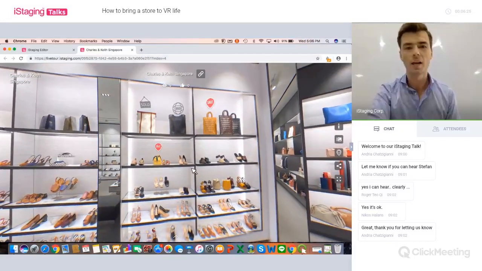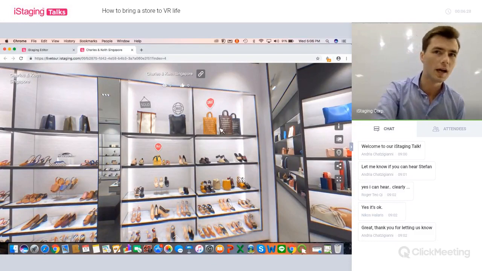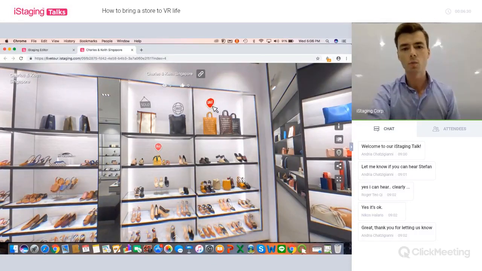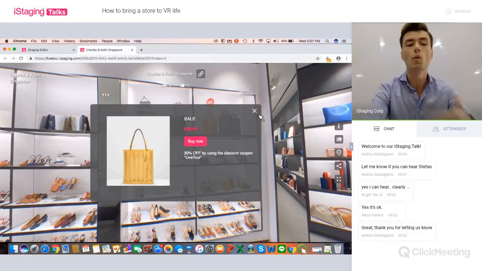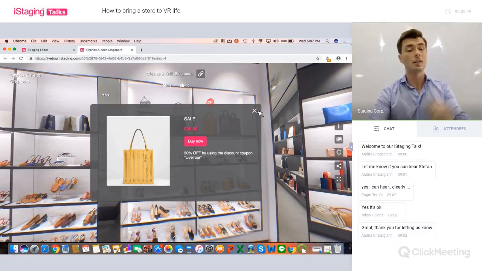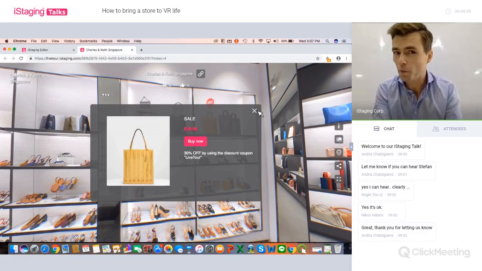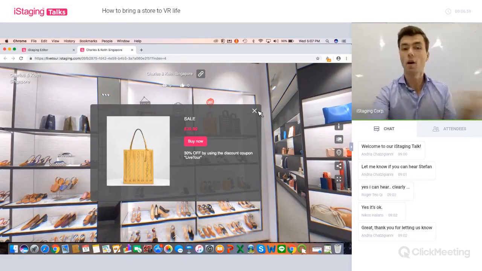All right, and now we see some cool stuff going on right here. We see 4 different tags at the very top. Number 1 would be a sale icon. There's a pop-up window that shows me a 2D photo, the price, a buy now button that links to the e-commerce website that allows me to buy that product, and any description that might be important, giving me more information about the product. Sometimes a virtual tour experience, a VR experience,